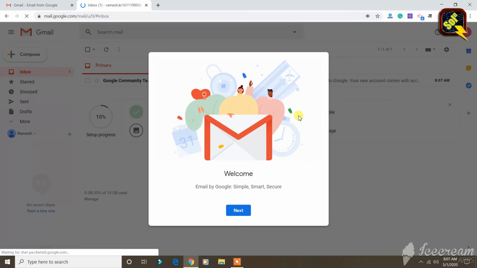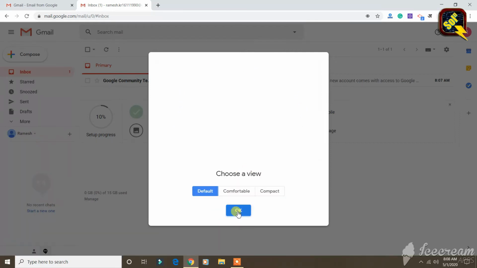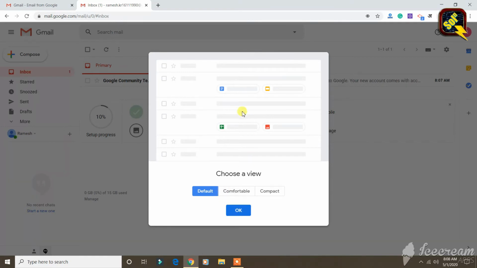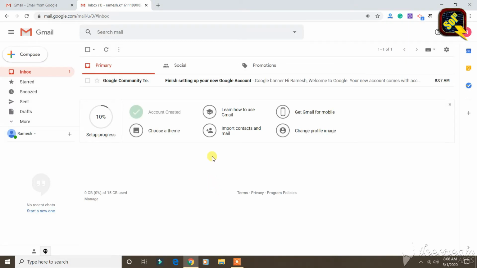So your email ID has been created, and now you can see this message. Just click on next. Also you can choose the view of your account, so just normally click on OK. Once you click here, you can see the interface like this. So your email ID has been successfully created.